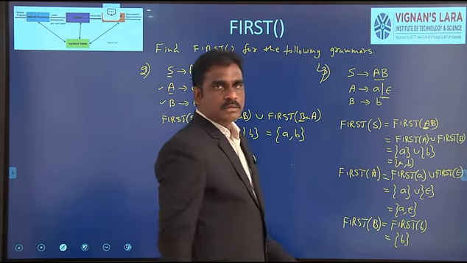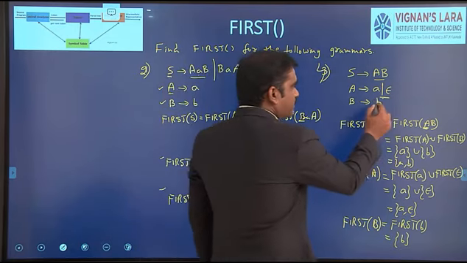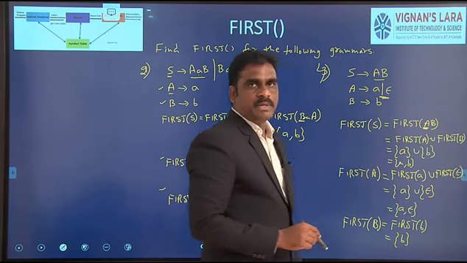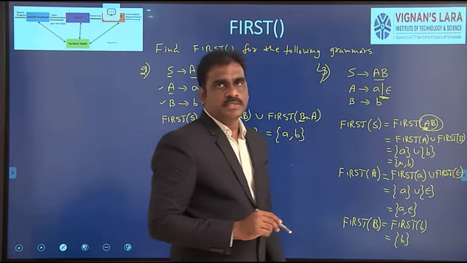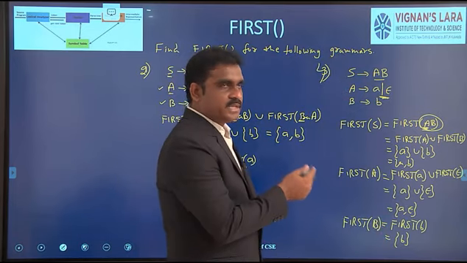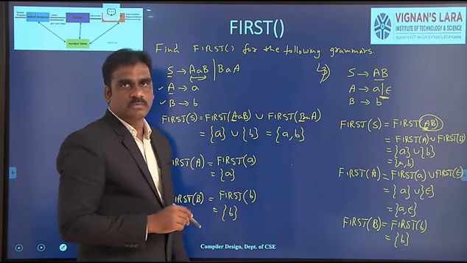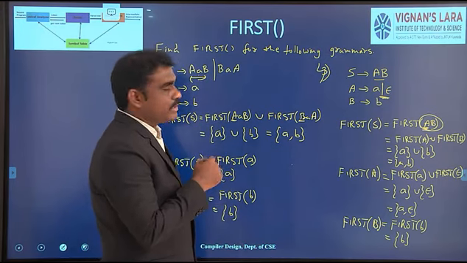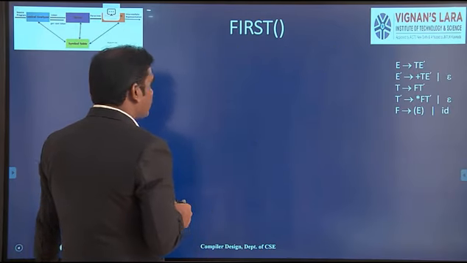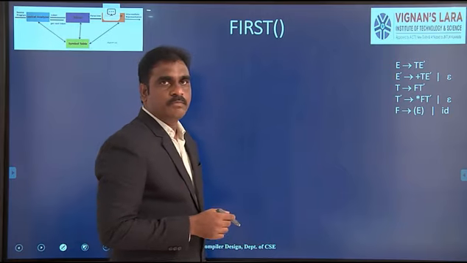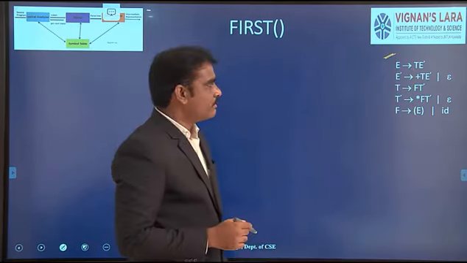Okay. If you observe the third problem and fourth problem, the only difference is epsilon. So this is applicable only to consecutive non-terminals. Then only you can apply this rule. In the other case, there is no need to apply this rule. Okay. So in this way, you have to compute the first. And this is the important example, and you have to compute the first. Very, very important one.